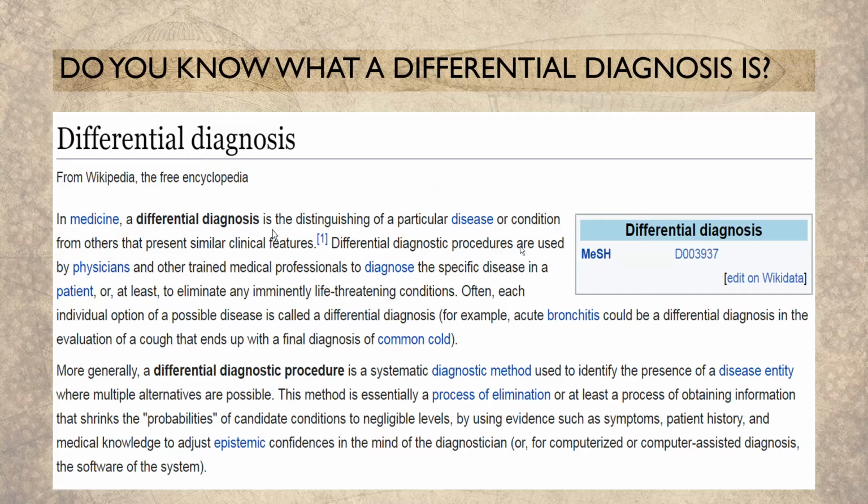Differential diagnostic procedures are used by physicians to diagnose the specific disease and eliminate others that look alike. A differential diagnostic procedure is a method to identify the presence of a disease entity where multiple alternatives are possible. So